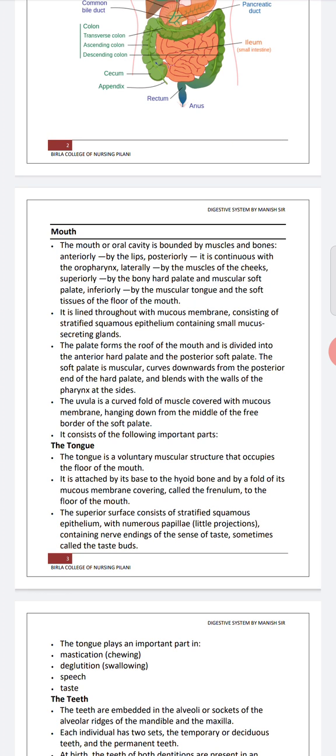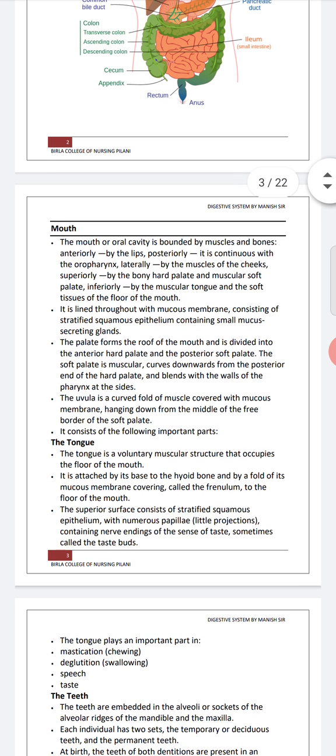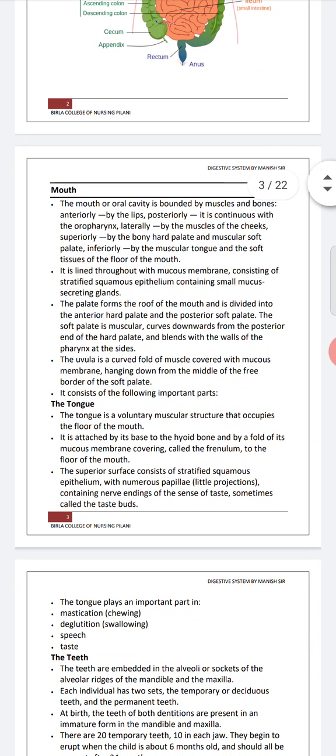So, typically, the oral cavity or mouth is a cavity-like structure that is anteriorly enclosed by lips. Posteriorly, it is continuous with the oropharynx. Laterally, from the side, by the muscles of the cheeks. Superiorly, from the upper side, it is covered by the bony hard palate or muscular soft palate. Inferiorly, from the lower side, inside the oral cavity there is the muscular tongue, soft tissues and the floor of the mouth. The whole mouth and oral cavity is